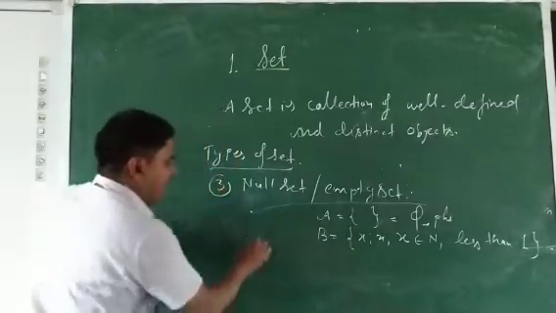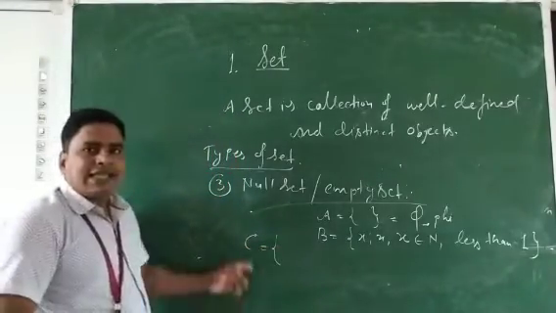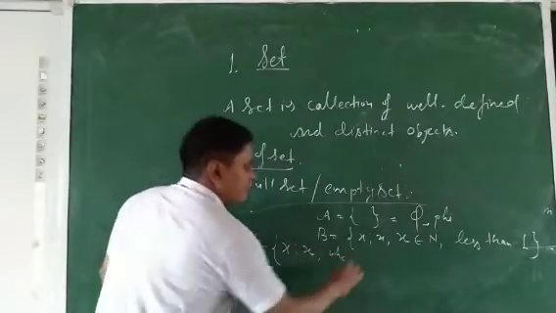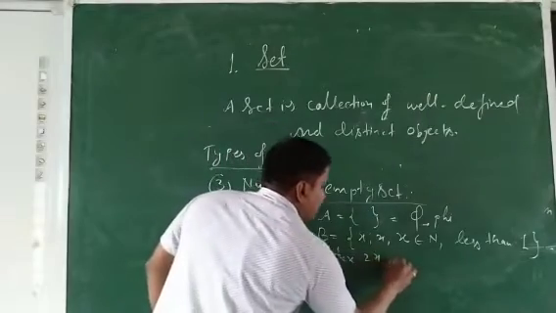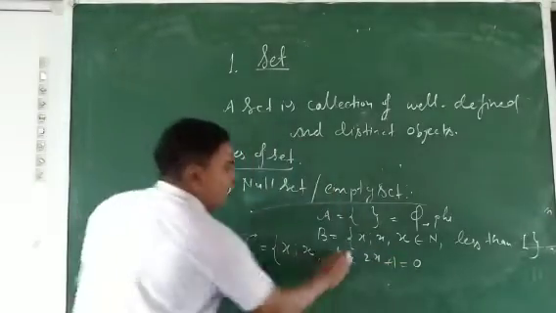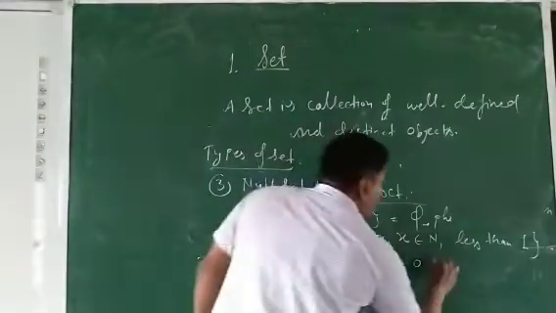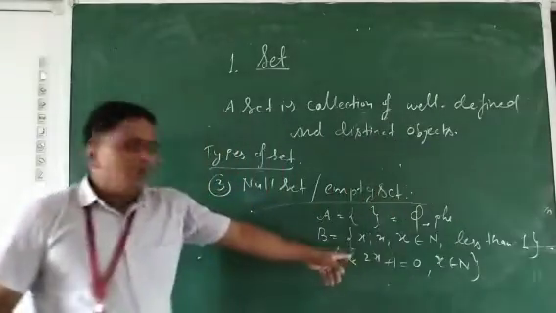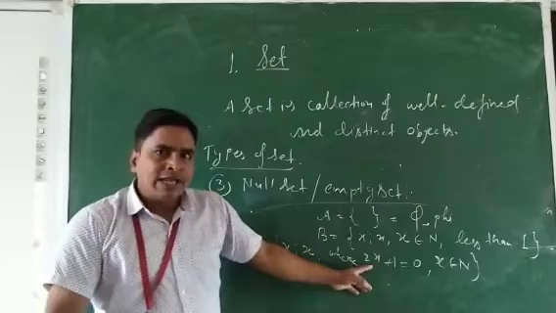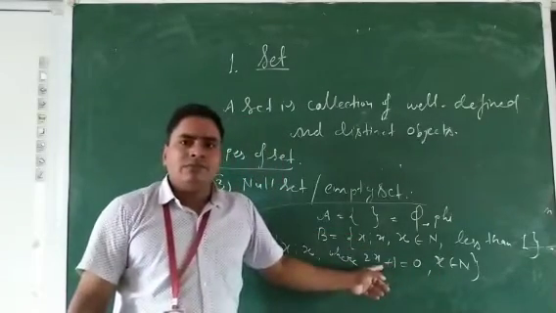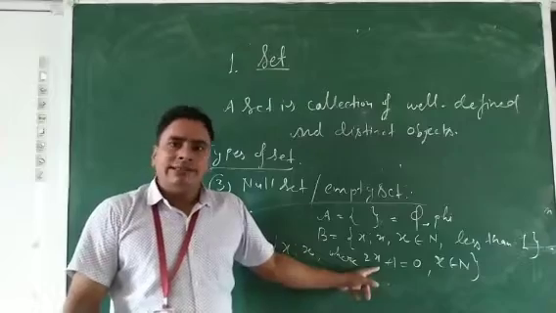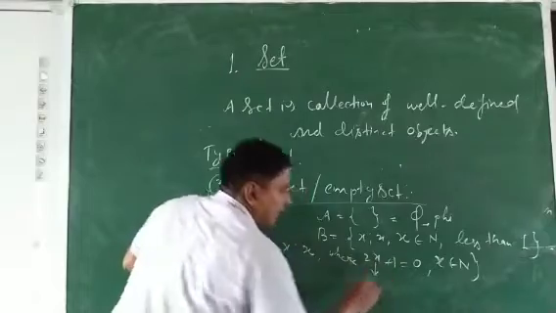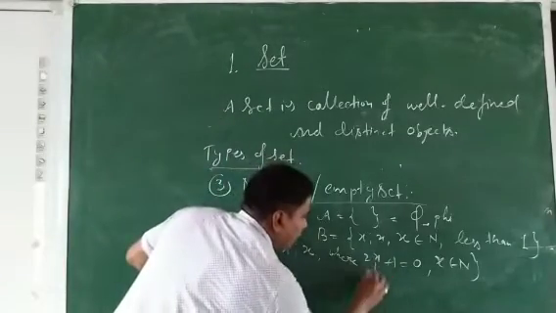Now one more example we can say that suppose a set C is equal to x such that x where 2x plus 1 is equal to 0, x belongs to what? Natural number. So it is possible any numbers which belong to natural number in this form. So first we will solve this expression, then we will decide that it is an empty set or not. If you solve this expression, we will get the value of x.